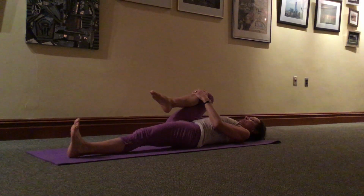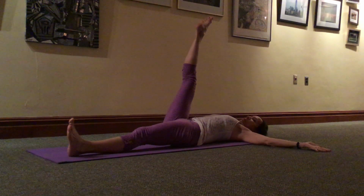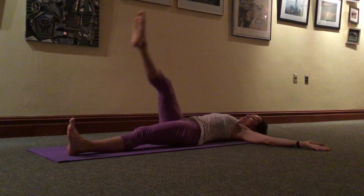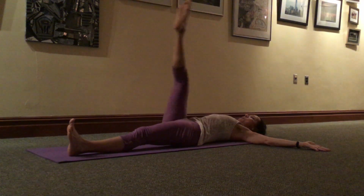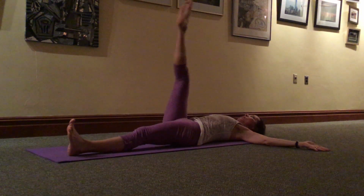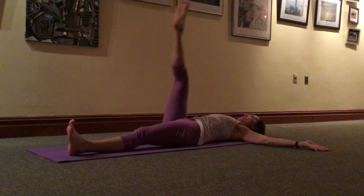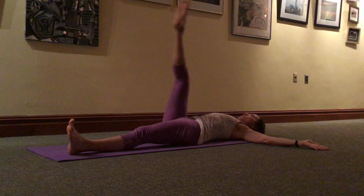Hug your right knee in. Open your arms up towards the sky. Lift that right leg. Going to take it down around on your exhale. Exhale down, inhale up. Steady the waist, steady the hips. 4, 3, 2,